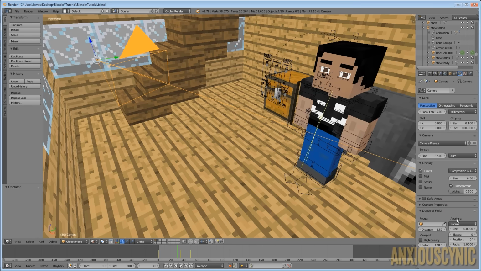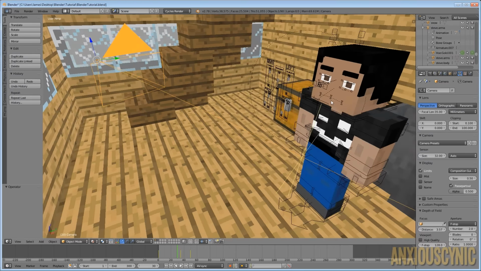And you also have this down here called aperture, and right now it's on radius, but you can also turn it to f-stop. If you're familiar with cameras and lenses, then you might find this more intuitive. For me, it kind of is, so I'm going to have this on. I'm just going to set it to say maybe 2. We'll just go with that. And you also have these blades and rotation. I'm not 100% familiar with exactly what all this does and how it affects things. I think it changes the bokeh of the camera's out of focus areas, and that is basically the shape of the out of focus areas in the scene. If you're familiar with photography or anything, then you probably know about that, but if you're just making a Minecraft animation, we'll just kind of leave that alone for now.